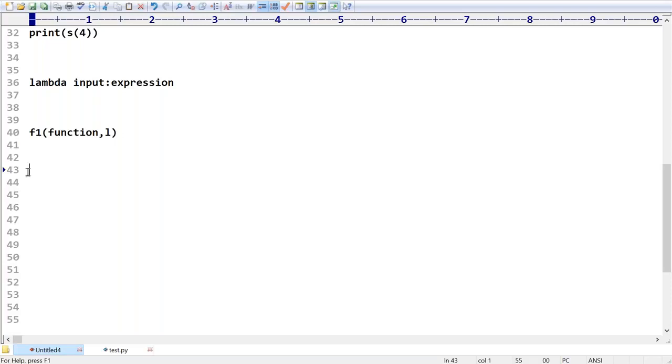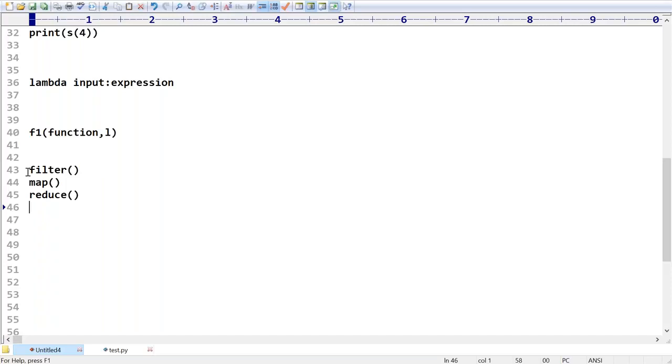What is the first function I'm taking? Filter. Even in Java these things are available. What is the second one? Map. What is the third one? Reduce. The people who are coming from Hadoop, map reduce is a very common word you may have seen in your Hadoop area. Correct, right?